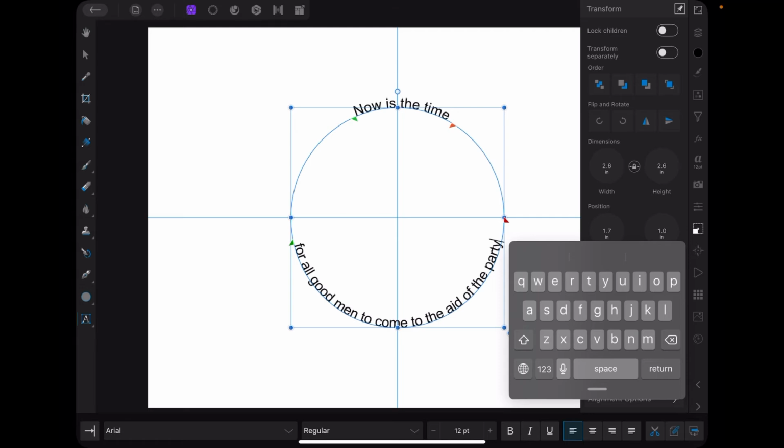I moved the red triangle. No, it's going to keep doing it. Stop doing that. Can't do that end. There we go. There we go. Now is the time